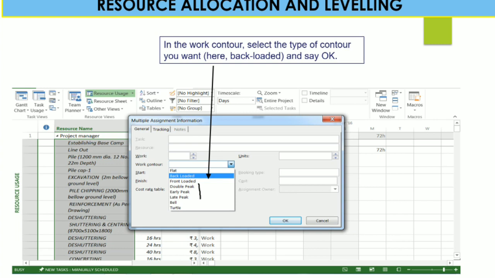All these terms are used in construction management, so you can use these terms based on your project requirement. If you want detailed terms and references on what backloaded, front loaded and double peaks mean, just comment, and we will share the material.